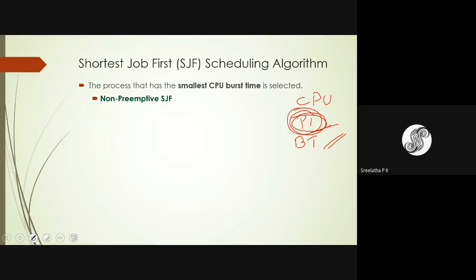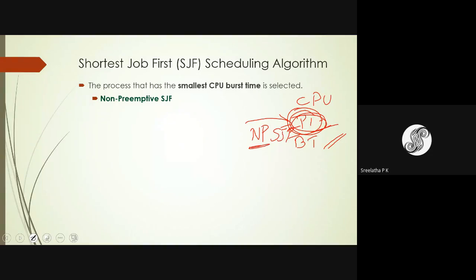So for this process P1, which we are solving now, there is no interrupt or IO request. Once a process is assigned to the processor in non-preemptive SJF, it executes until completion.